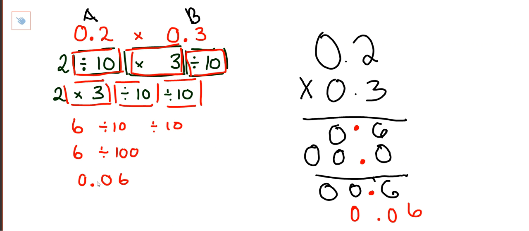Now, some people, to do a shortcut, would then do it like this. So some people would say 2 decimal places in the question, 2 decimal places in the answer. Okay? So that would be a shortcut. But we'll do a bit more of this next time. So the multiplication of